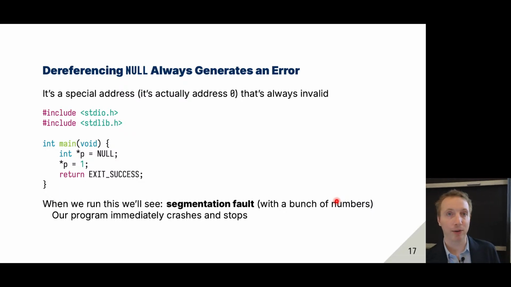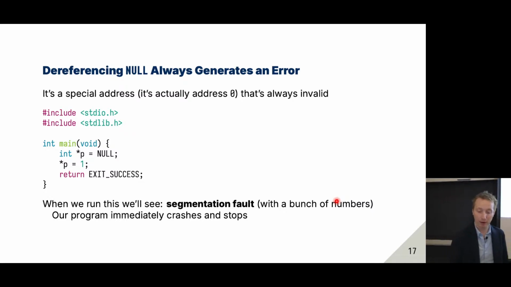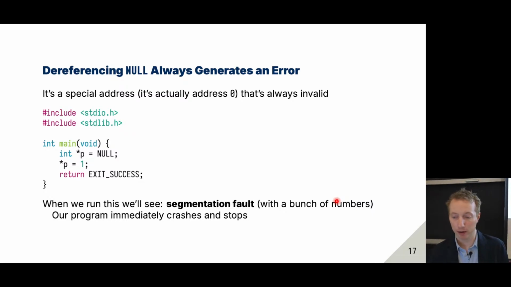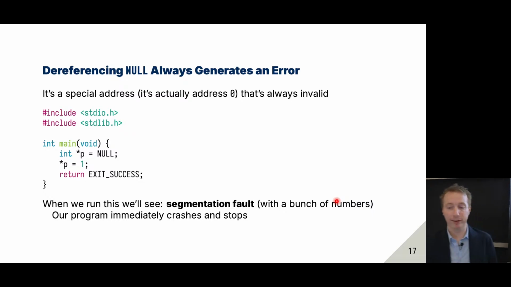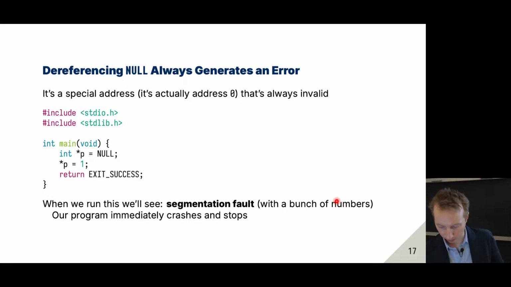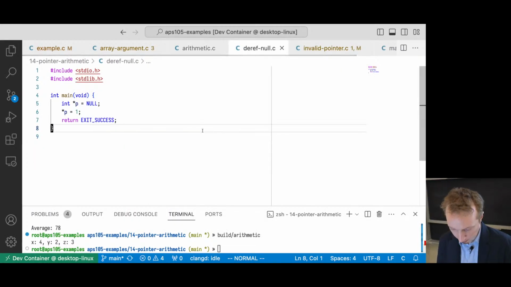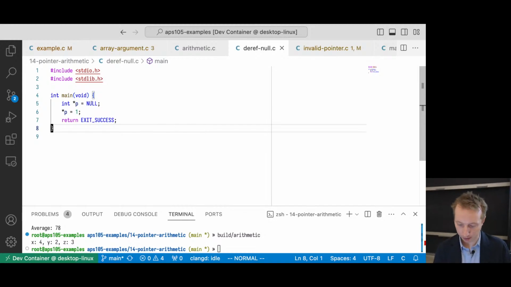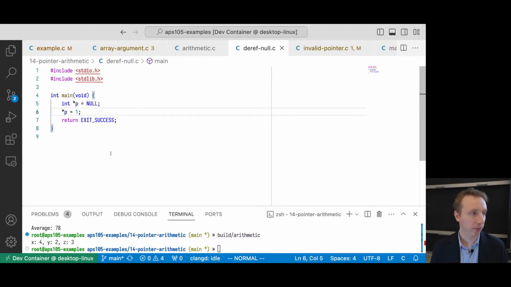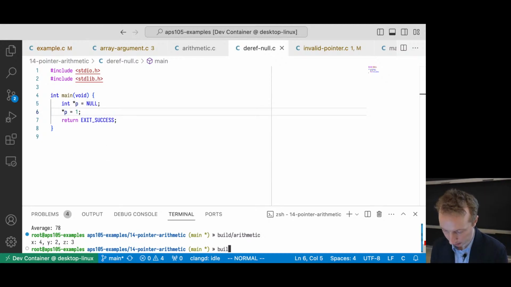Well, if I dereference null, it's guaranteed by the operating system that I'm going to cause an error. So it's a special address. It's actually the address 0, and it's always invalid. So if I go ahead and write a little program, all I do is have a pointer to an integer called p. I'll set it equal to null, and then I'll try and read the value at that address by dereferencing it. If I go ahead and I run this,